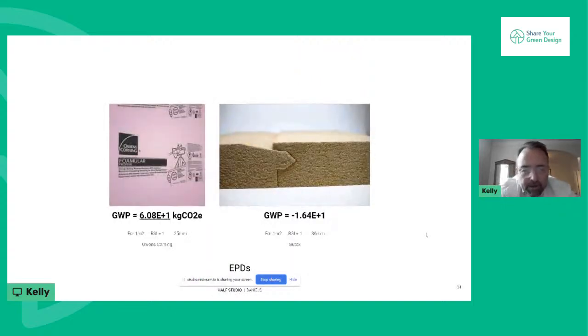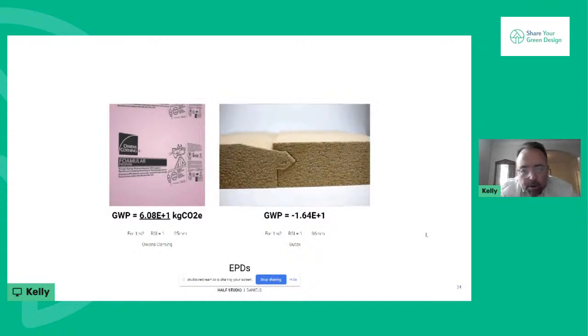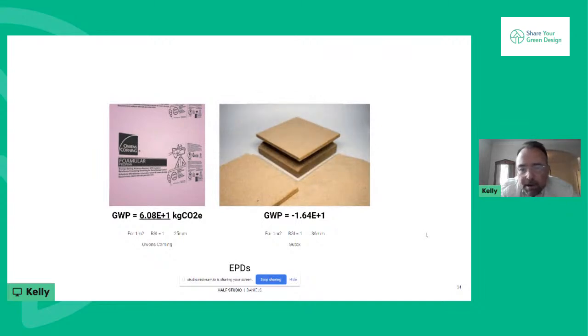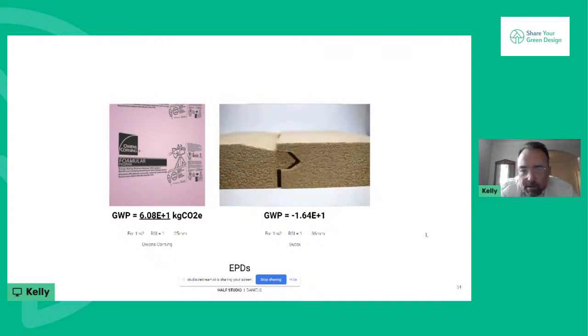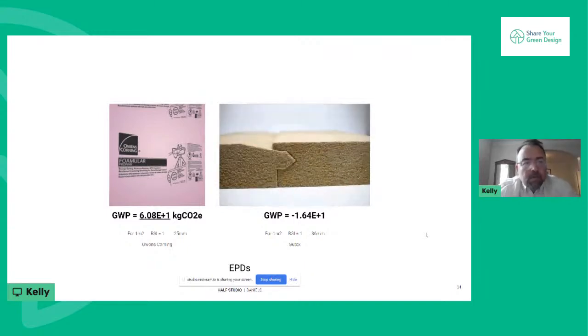The student here is comparing XPS on the left with a wood fiber board, from a global warming potential, miles apart, and a product on the right that we have to import currently from Bavaria that 100 years ago was the norm in Canada. And now kind of more interesting things are things like on-site parking and subgrade floor area,